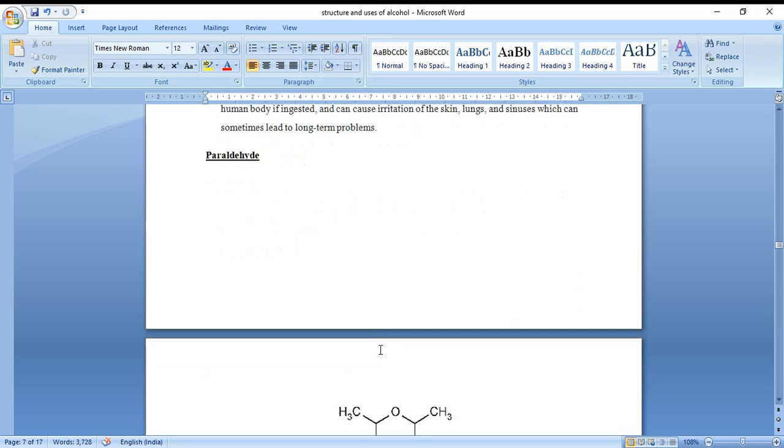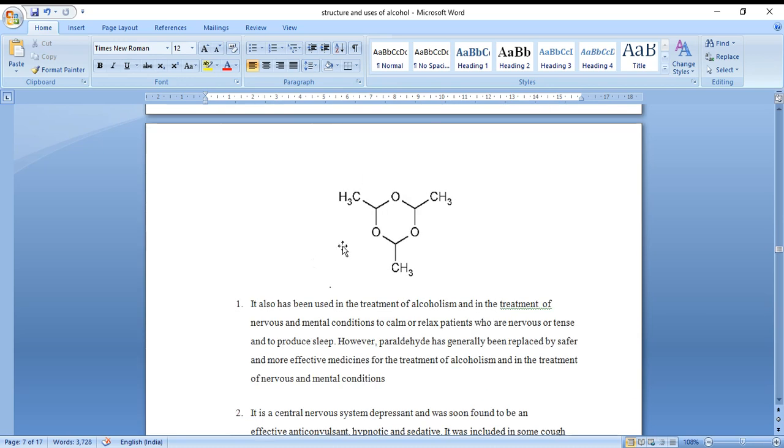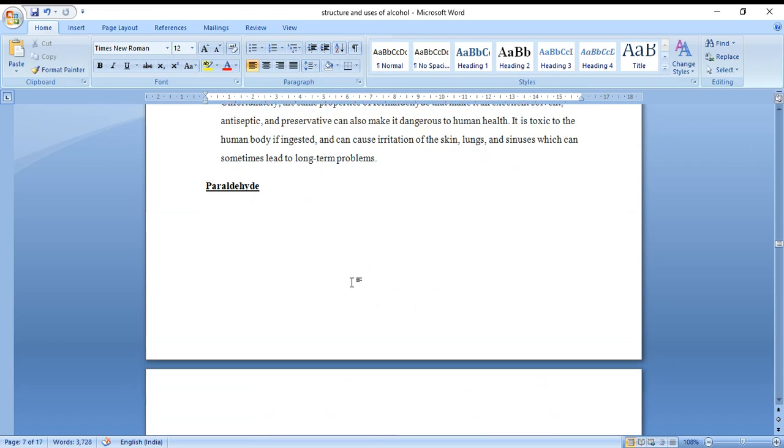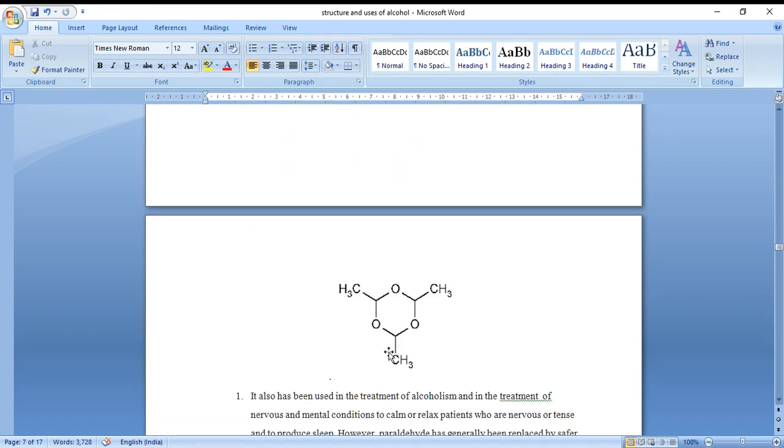And our next one is paraldehyde. So this is the structure of paraldehyde. Paraldehyde is not a simple aldehyde, and generally we will not study it in the nomenclature, isn't it? So we haven't studied paraldehyde in the nomenclature. This is a different type. Just like a benzene, but it has three carbons and three oxygens, and the three carbons are attached to three methyl groups. Can you follow my class?